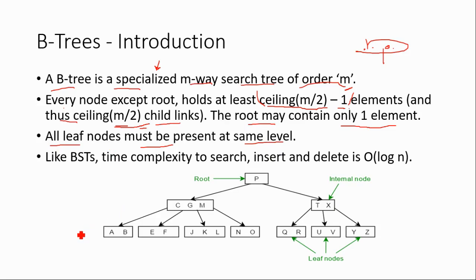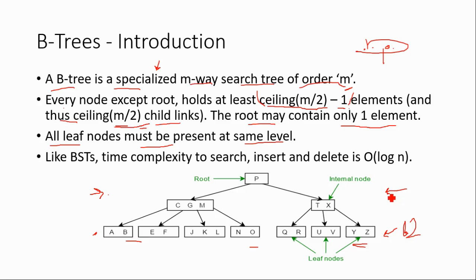So here you can see that this is an example of a B tree, and here you can see the leaf nodes A, B, E, F, J, K, L, N, O. So there are almost 7 nodes, and all the 7 nodes are present at level 2, and there is no leaf which is present at level 1. Good. So this is an example of a B tree